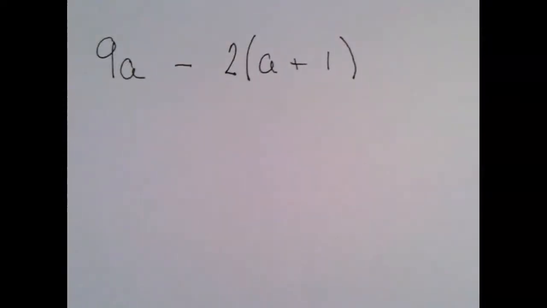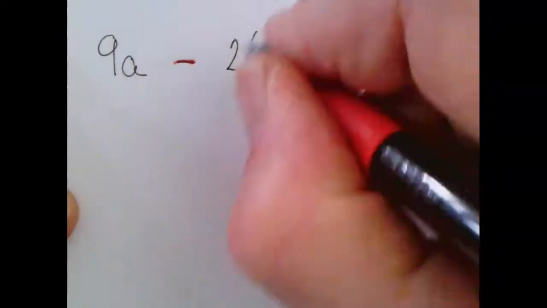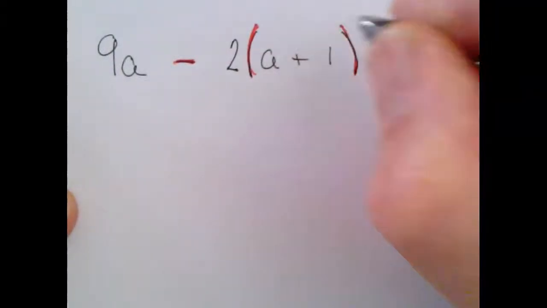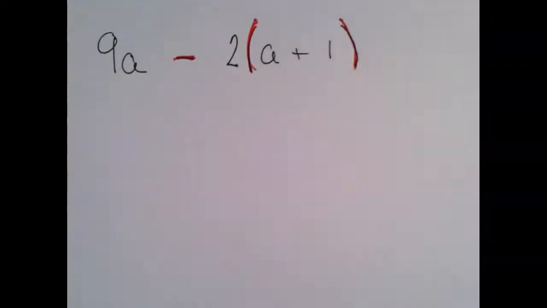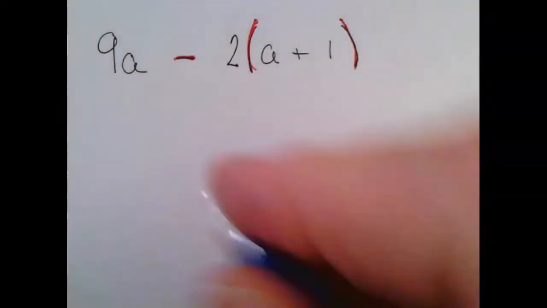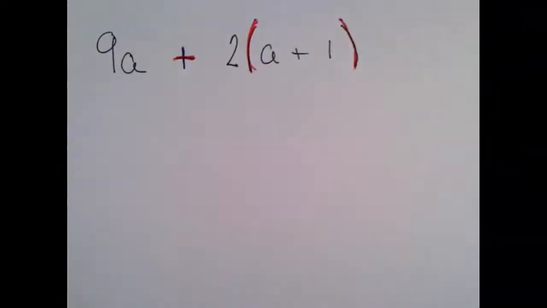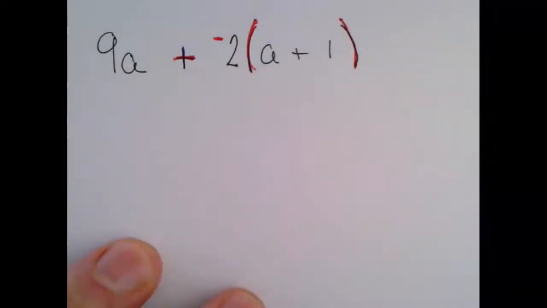Hey, let's take a look at an unusual case where we've got this negative distribution. So this subtraction sign in here, when we have that happen and I've got this distributive property, these parentheses here, this is a little bit unique how this works. And what I'd like you to do is actually change this problem and change this to an adding in here, and instead make that 2 a negative 2. And it'll make more sense if we do this, because what we have